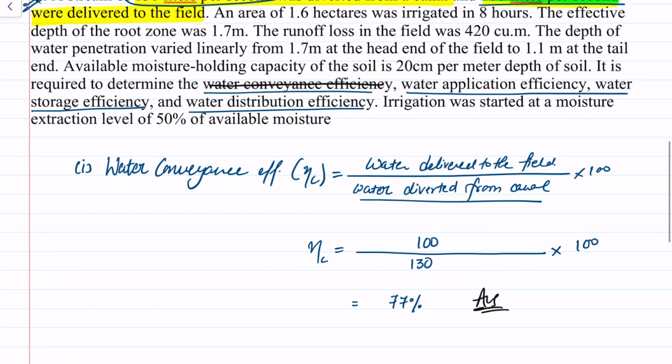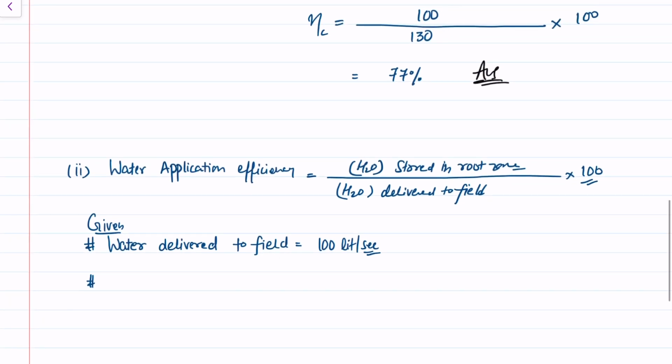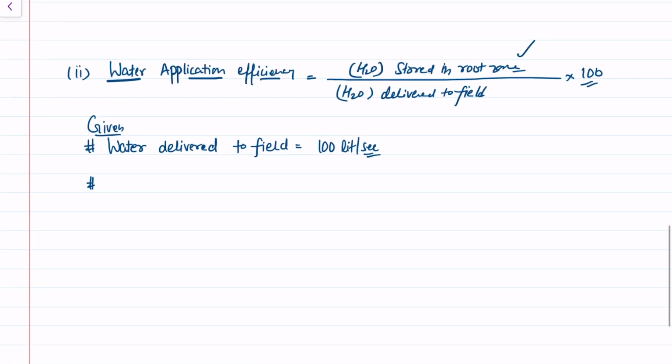Unlike part 1, where both the values were directly given, here in part 2, the water application efficiency, we are not given the water stored in the root zone. We have to find it out. And we discussed in the previous video that this water stored in the root zone is that out of the total quantity of water that is delivered to the field,